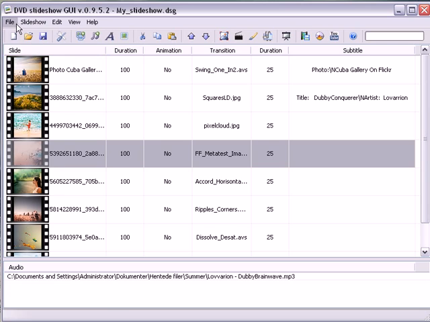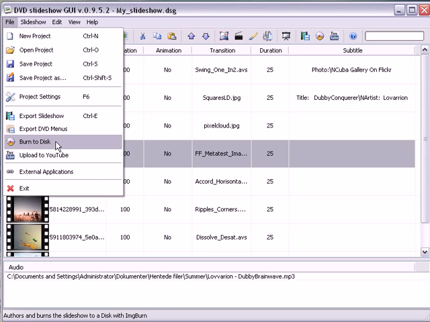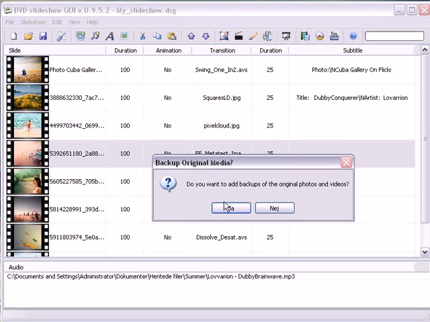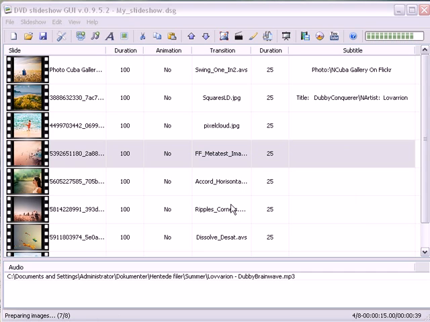But for now we'll just do the fast and easy burn to disk function. So we just click that, and here it's asking, do you want to add backups of the original photos and videos? And what it does is to add another folder onto the DVD disk, with the original material. So you can watch the DVD on a normal standalone DVD player, and also have the backups of the original material to be accessed on a computer. So we'll just do that, and